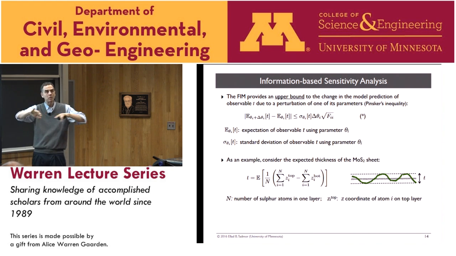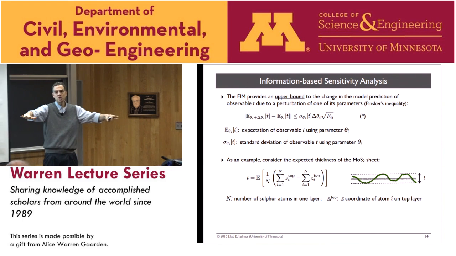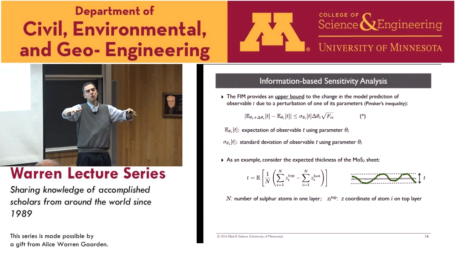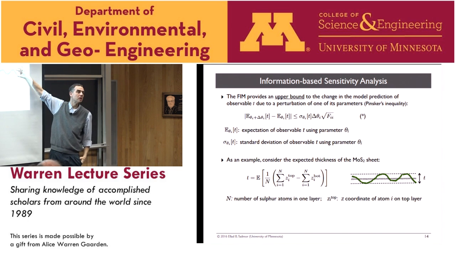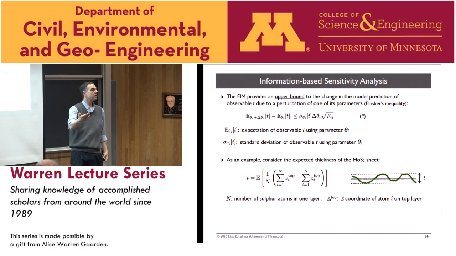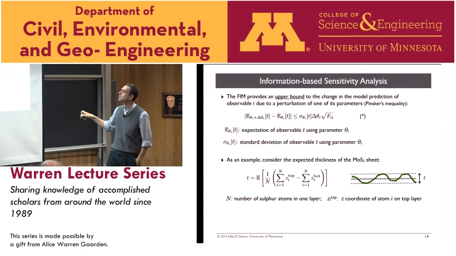Remember, we're talking about a molybdenum disulfide sheet. It's like a sheet of paper. But because of thermal effects, this fluctuates. So that little sheet of paper is kind of constantly wiggling around if you were to look at it. That means it has some effective thickness, that sheet. And so we're trying to predict the effective thickness of the sheet. And in particular, we're asking the question, how will our prediction for the effective thickness of the sheet depend on the parameters in our model? If we change a parameter slightly, will that thickness change a lot? And so there's the definition of the property.